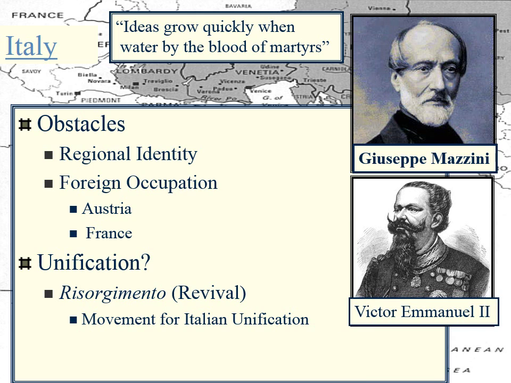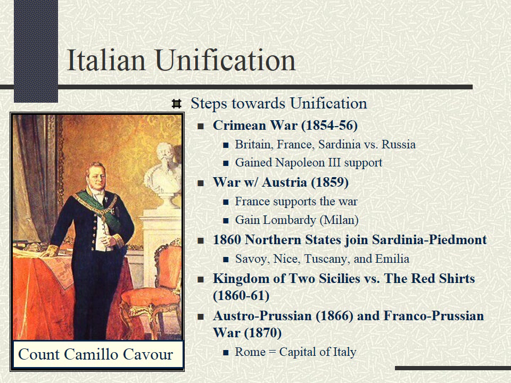Another member of the Risorgimento is Victor Emmanuel II. He is later appointed King of Sardinia-Piedmont, and it's Sardinia-Piedmont, a very small kingdom, that takes the lead in that unification process. And Victor Emmanuel appoints one of his good friends and also a member of the Risorgimento, Count Camillo Cavour, prime minister. And what Cavour then does is he sees that he needs to gain allies, okay, because it's kind of